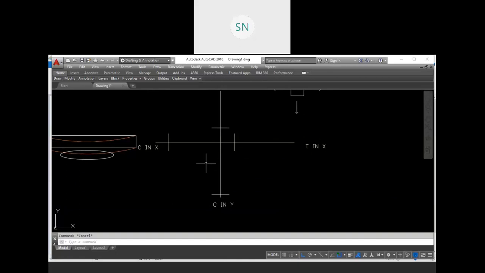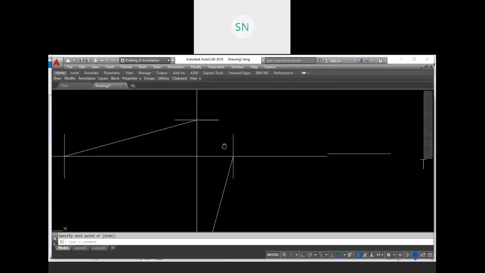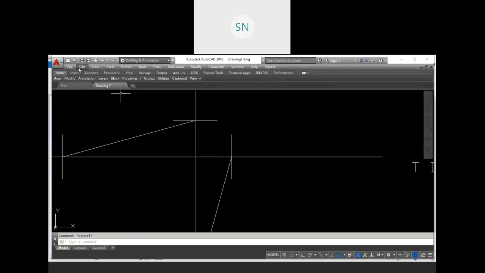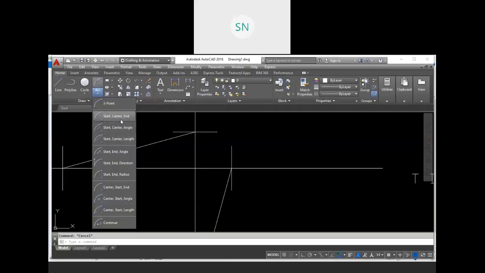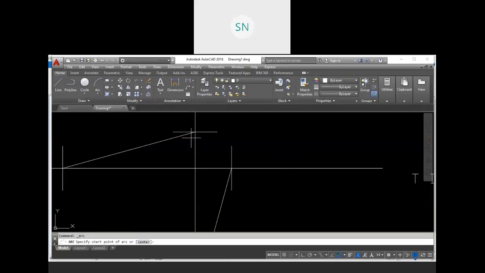So when we connect all these points, let me connect with a line, this one to this one, and we'll use an arc, start and direction.